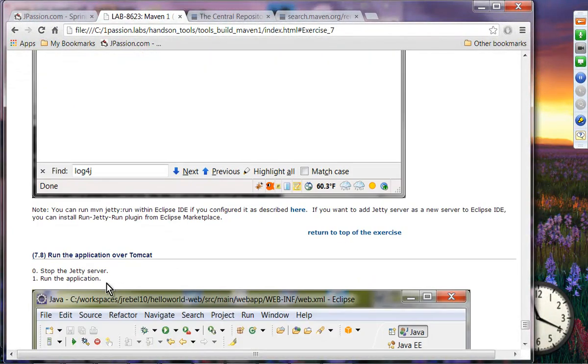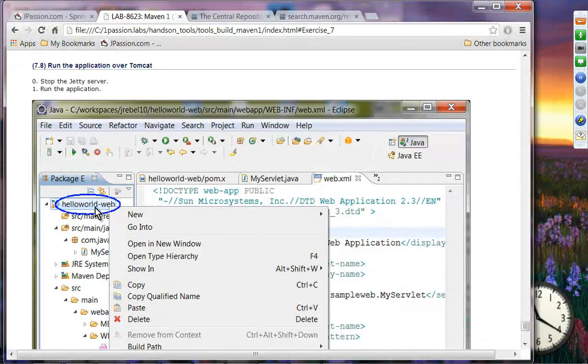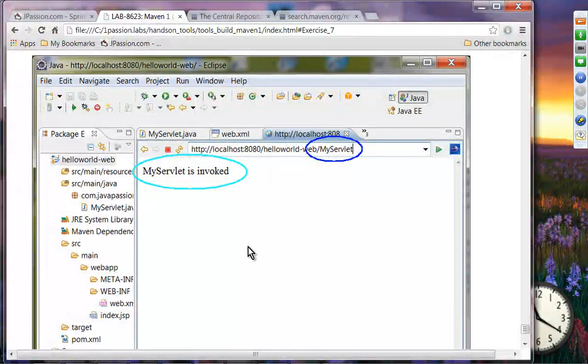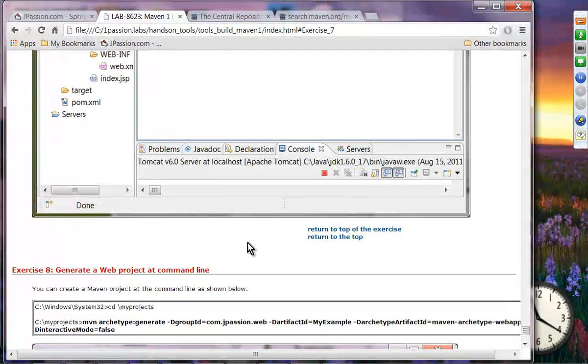Okay, and you can run the application over Tomcat as well. So you can select it and Run on Server, and you can select Tomcat or the BEA server, whatever server of your choice. Okay,